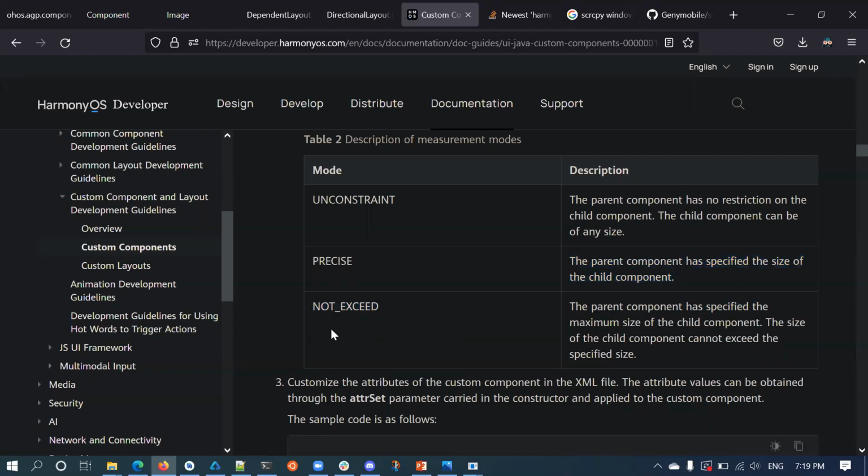It will give some size, maybe the parent size, as if it has occupied the entire screen. It will give the parent size, and it will say the child component should not exceed that size. So that time we have to use our desired size, that 600 and 600 I have set. That size we have to use in both these cases, not exceed and unconstrained.